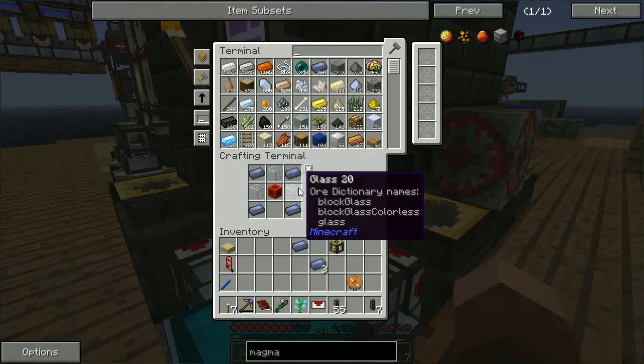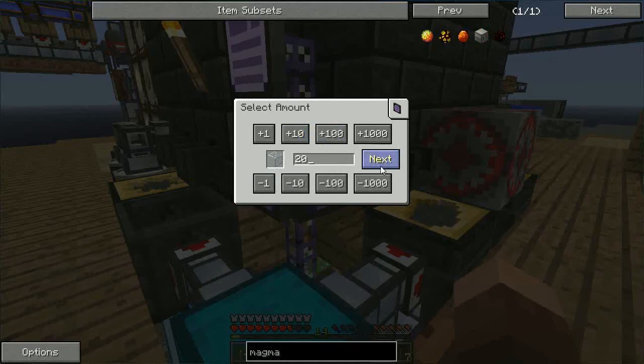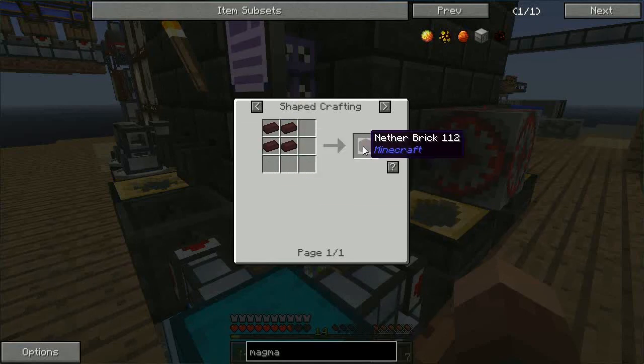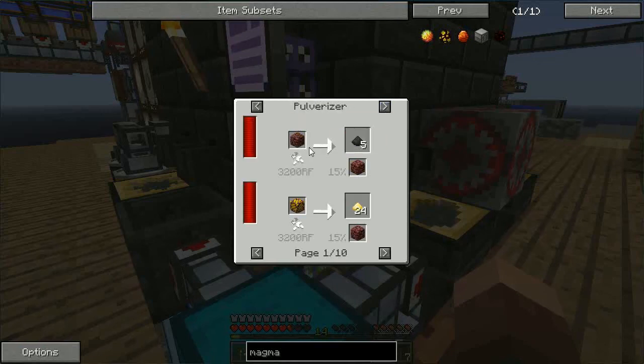Actually, that's not that bad. I just need more glass. So let's get that burning. And the nether brick is going to be a little tricky because I need to create a brick block from 4 nether brick, which comes from burning netherrack. And netherrack can be produced, actually,